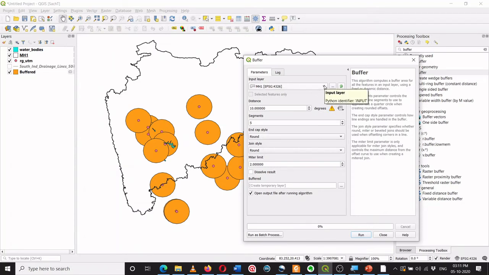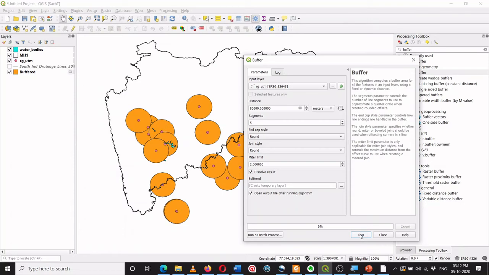So here I am going to perform the same operation, but now let us assume that the new research says the rain gauge now covers, because there might be some advances, let us say 80 kilometer. So I am performing the same operation again. I am putting 80,000 over here. Just one thing I'm changing: I'm ticking this box called dissolve units. Let's see what happens. Then I'm saying run.